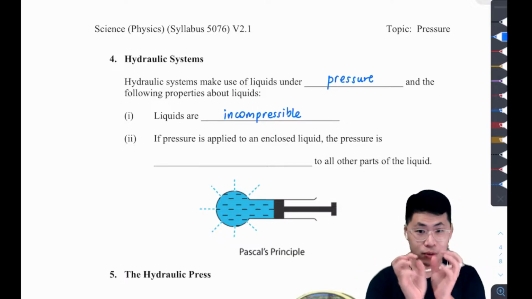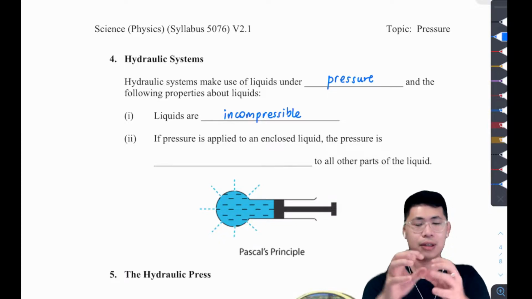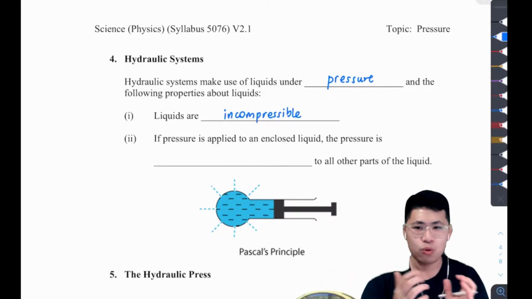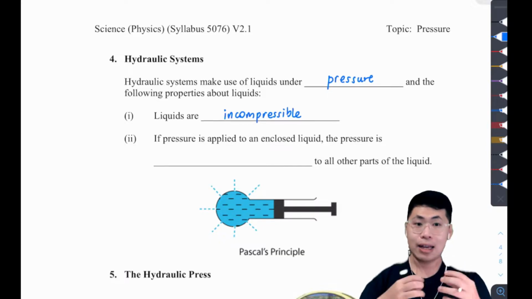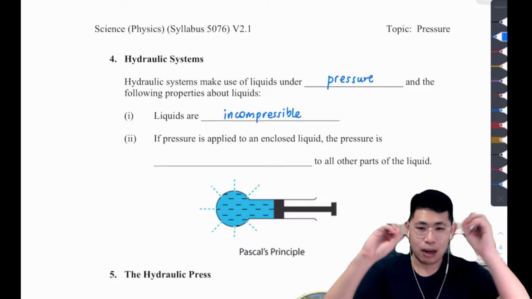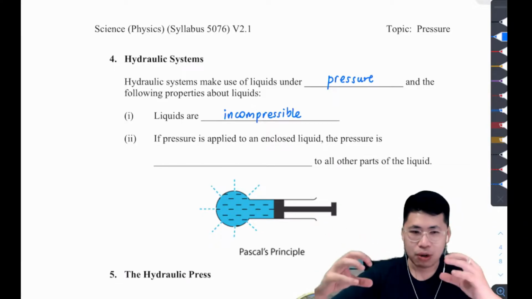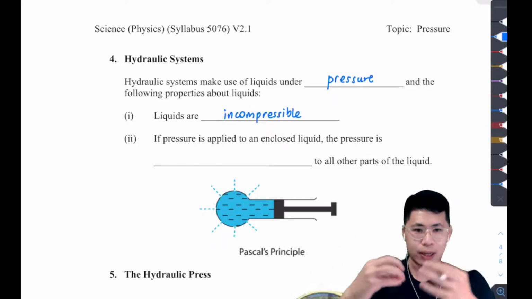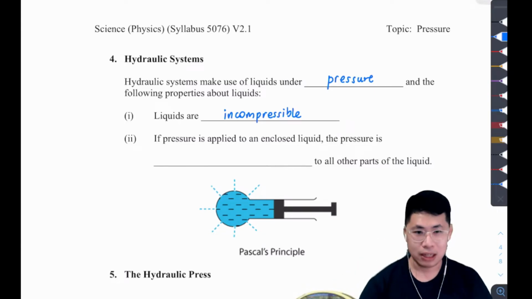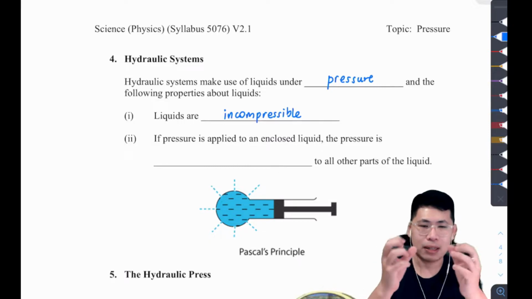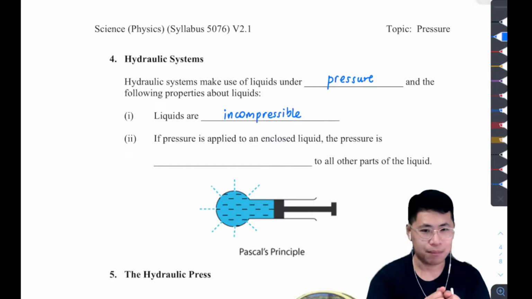Because the molecules or the particles of the liquid are close to each other. So the moment you compress, there's no space for them to move forward. As compared to gas, the molecules or particles are far away from each other. When you apply pressure and compress them, you can actually squish them together until they become a liquid. So liquids in general cannot be compressed because the particles are already close to each other based on the